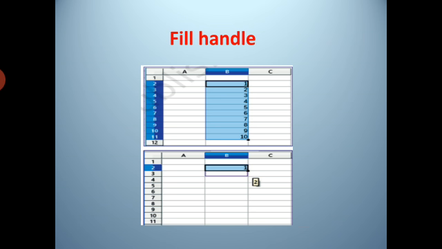Now, using the fill handle. First of all, let me explain to you the fill handle. The small black square in the bottom right corner of the selected cell or range is called a fill handle. The Excel fill handle tool is used to fill the next cells till you drag it with the next predefined